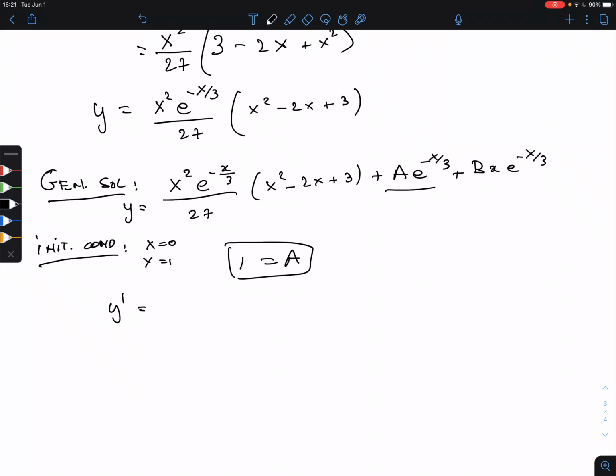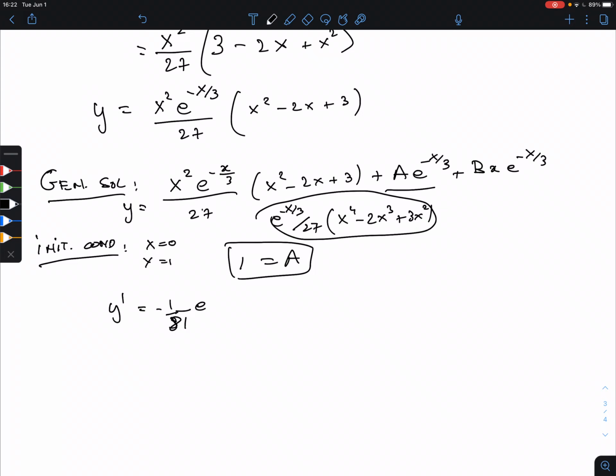Which is kind of a lot of work, so perhaps it's better not to write it as a full product, but to write this here as e to the minus x cubed over 27, and expand here x to the 4th minus 2x cubed plus 3x squared. So I rewrote this term like that one. If I take the derivative, the derivative of the exponential gives me an extra minus 1/3, so together with the 27, 81, right? So I multiply it with this 27, e to the minus x cubed, and then just this x to the 4th minus 2x cubed plus 3x squared,